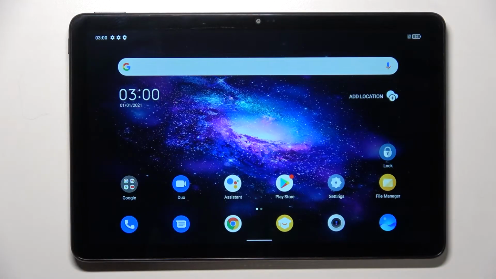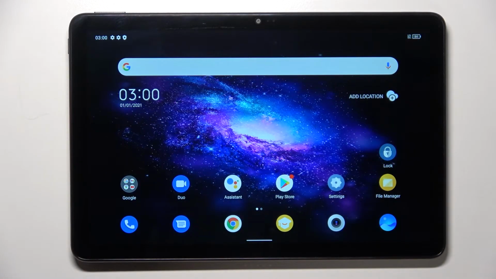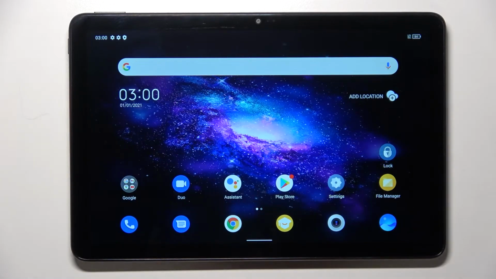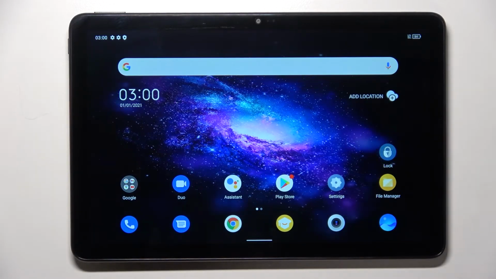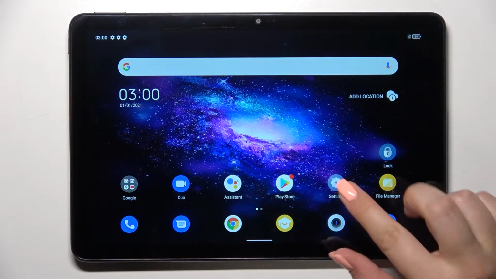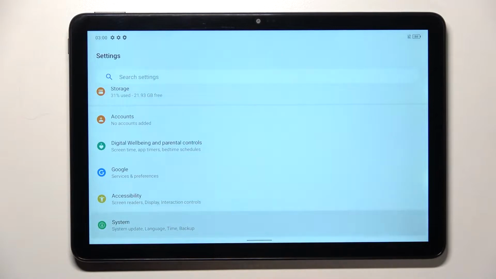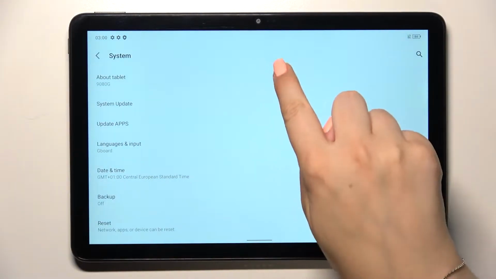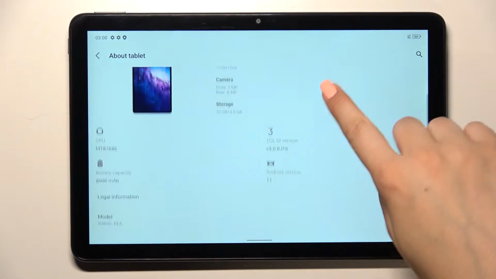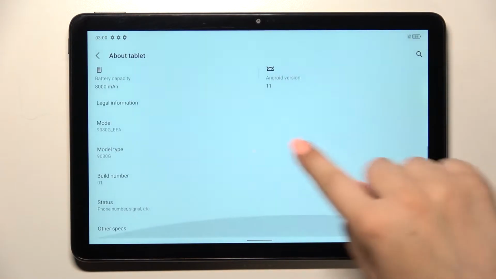Hi everyone, in front of me I've got a TCL Tab 10S, and let me share with you how to enable developer options on this device. So first of all, let's enter the settings, and here we have to scroll down to the very bottom to find the system. Now let's tap on About Tablet, and here we have to scroll down to find the build